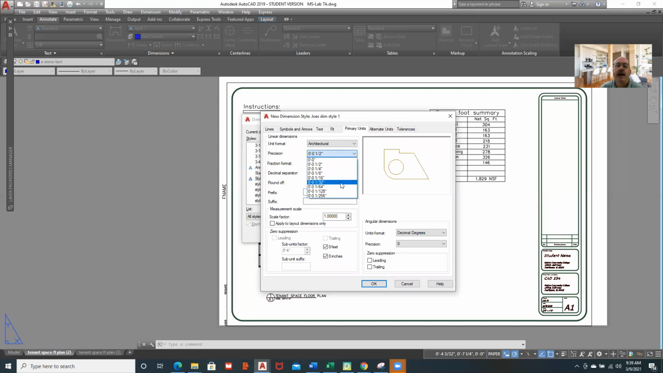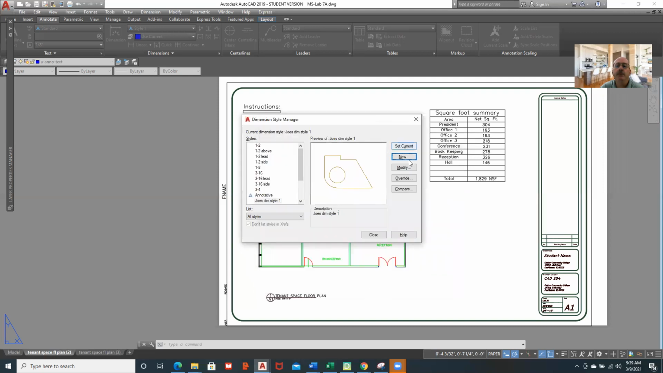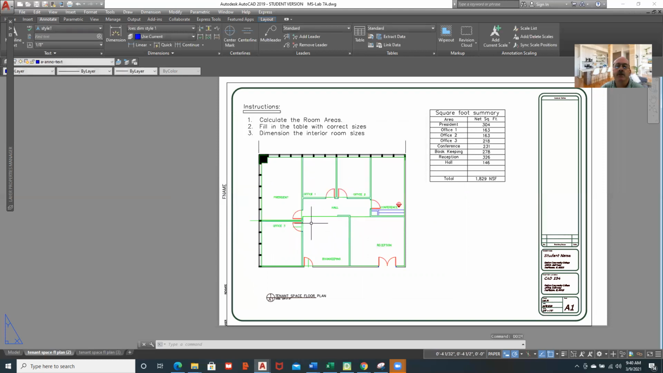Precision, this depends on how finely I will dimension things. 1/16 of an inch is okay. I will not enable alternate units or tolerances. I'll say okay. And I will set current. And I'll close it. I'm a little worried because I don't see any of the dimension annotations in my dimension style. So if it fails, I may have to come back and see what's going on with it. Double click in the viewport